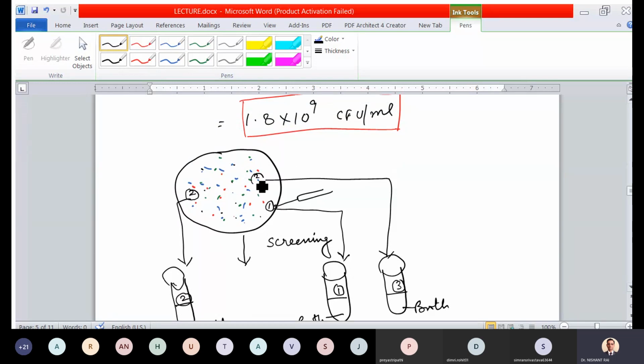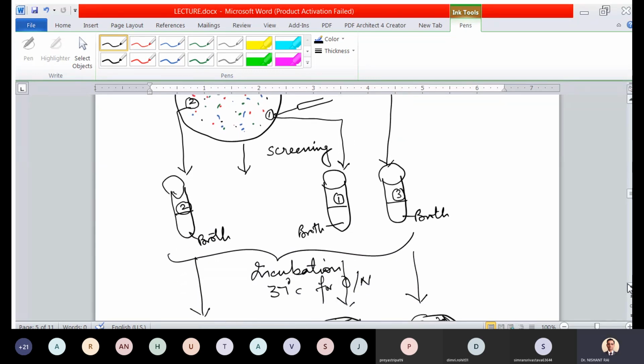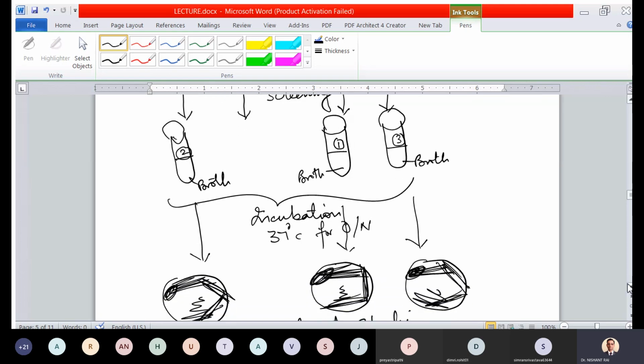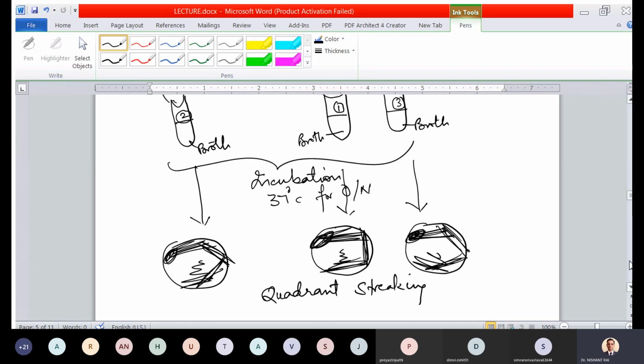First we have screened the colony, then we picked each single colony and transferred it into the test tube containing broth. It is a sterile broth or sterile media. After inoculation, mixing and incubation, we will streak it onto the plate. Now the note point here is, after incubation you will observe turbidity, right? In each tube you will see turbidity except the control tube,